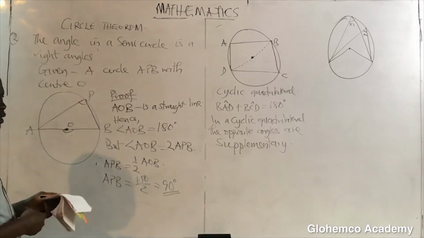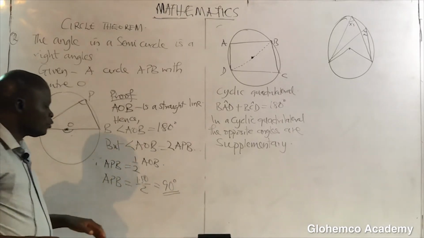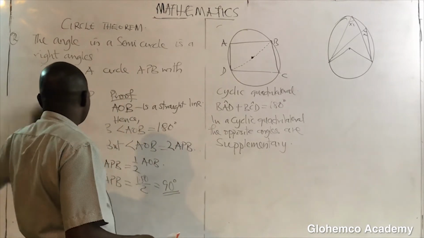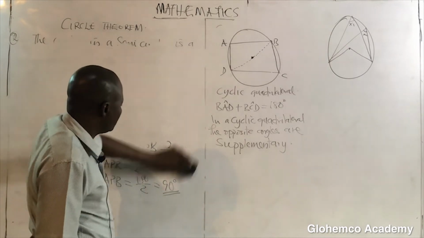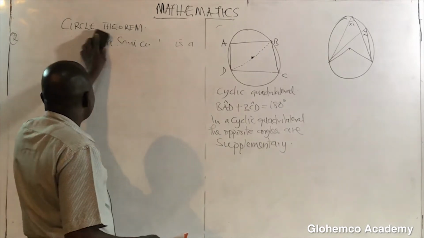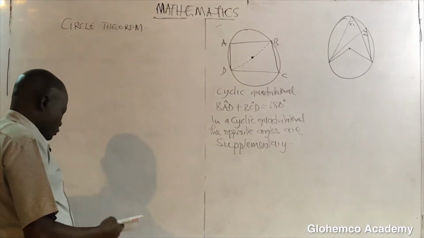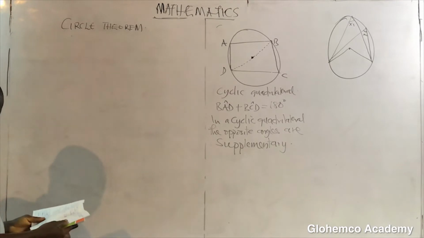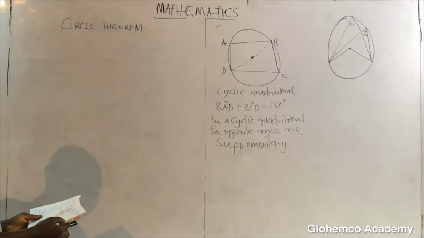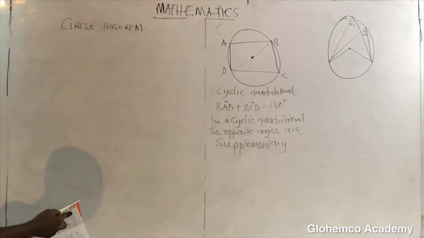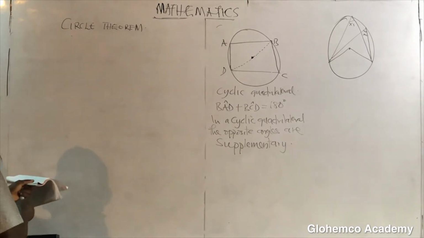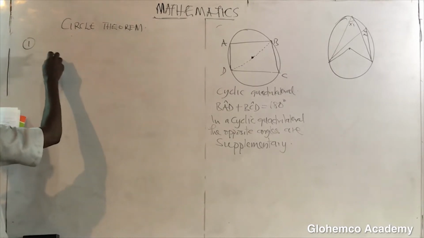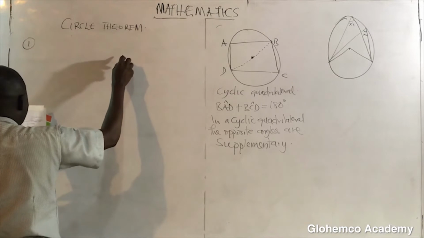So, knowing all these theorems now, you can start using them to calculate one problem or the other. We can use them to solve some problems in mathematics. So, let's look at our problem, then we'll solve it. Now let's look at this question. This is a WAEC exam question. The question says you are given a circle,